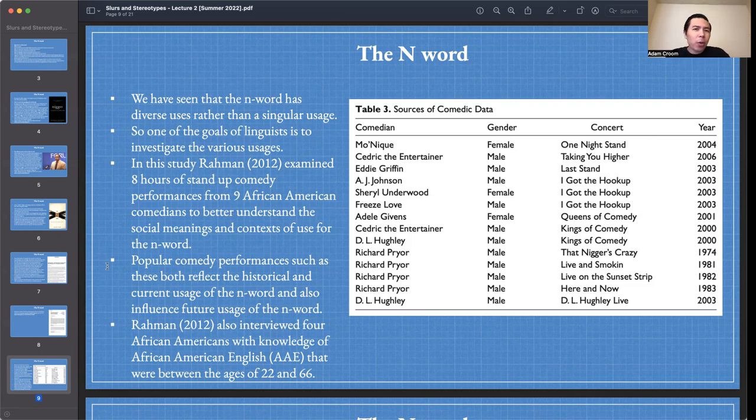And it's because when we enter these spaces, like the classroom or the comedy club, we know that what we're doing is for the sake of learning or laughter, and not for the sake of hurting each other or something of that nature. Okay.